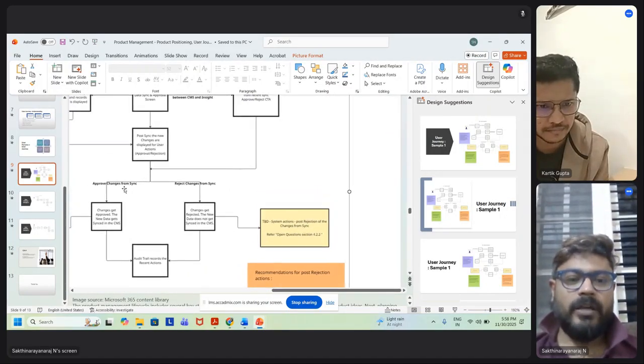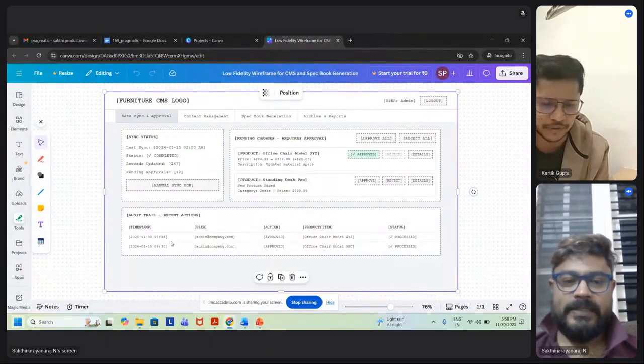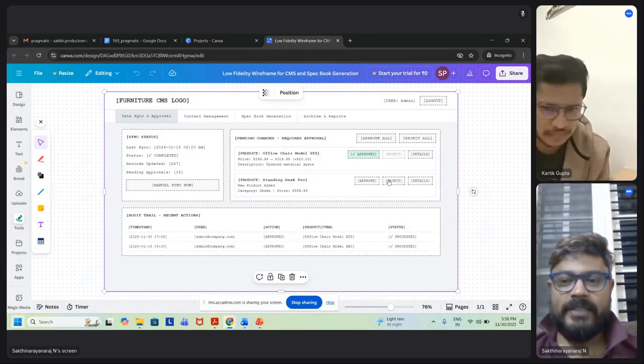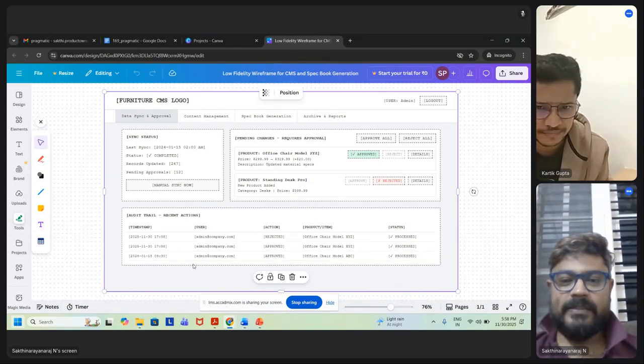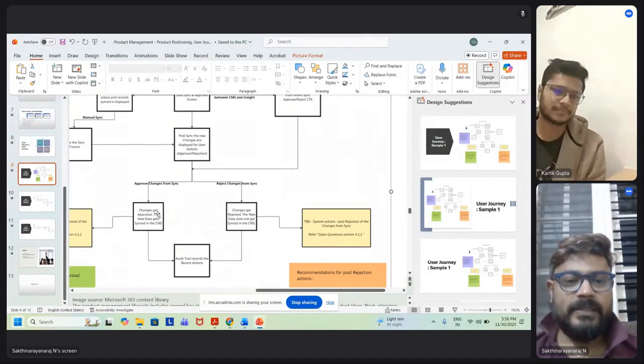I click on approve. It gets approved, and the audit trail is updated. I click on reject. It gets rejected, and the audit trail is updated. I've mentioned that when changes get approved,